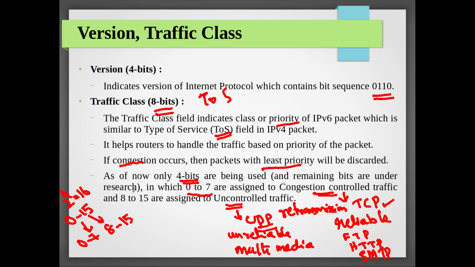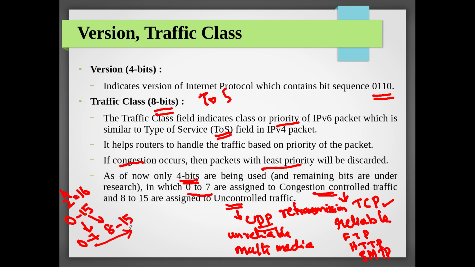You have to remember one thing: using 4 bits you can have a combination from 0 to 15, and always a higher number is given higher priority. That means if I say that a particular traffic is of priority 15 and another traffic is of priority 10, then the one with the number 15 will be given higher priority. That means the priority is in this order. It can be interpreted differently also. That is why I am making it clear.